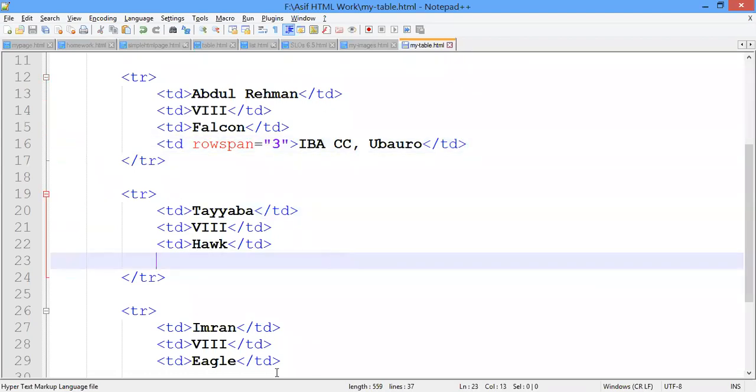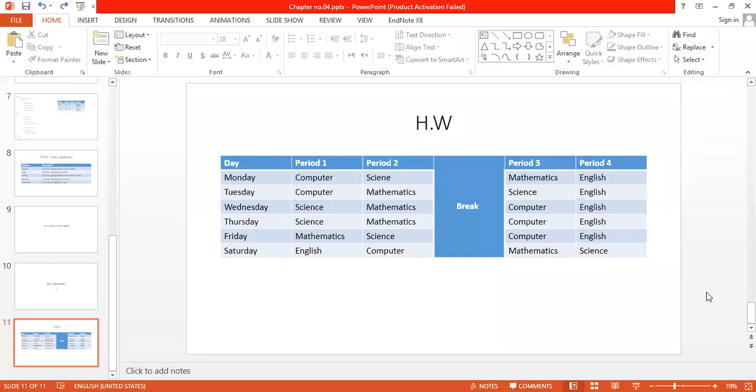So now you have a homework. So what you have to do? You have to create this table. You have to create this table, check the homework, I will upload it on Google Classroom. Which table? Is this table visible to you? Yes sir. You have to make this one. So how will you create this table? By using the HTML table.